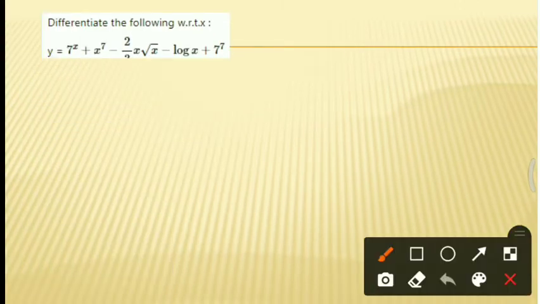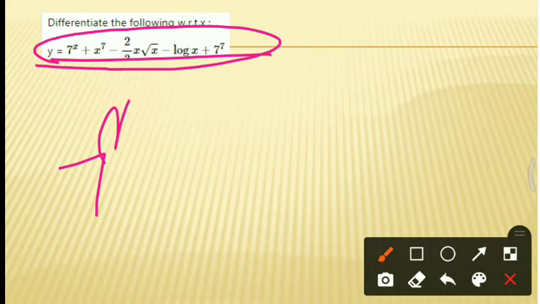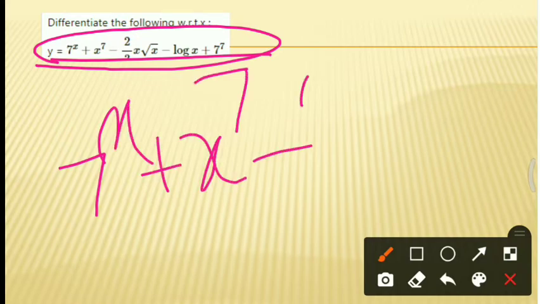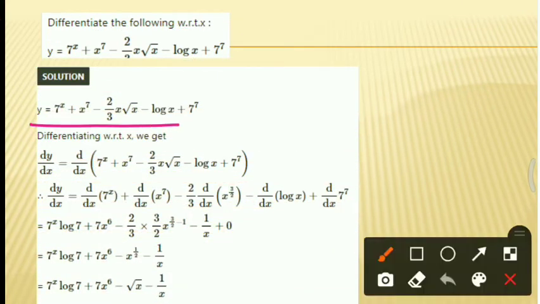Next example. Now see here, we have to differentiate these combinations of functions. Here are some additions and subtractions also, minus 2 by 3 and so on. So let us start the solution. Here is the solution. Let y is equal to 7 raised to x plus x raised to 7 minus 2 by 3 into x root x minus log x plus 7 raised to 7. Differentiating with respect to x, dy by dx is equal to